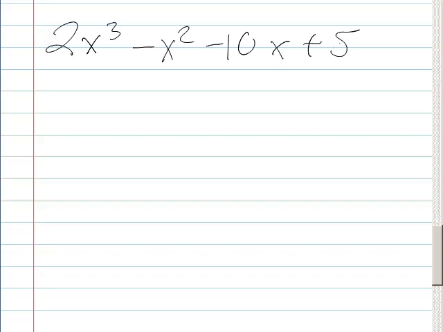If we had something like, say we had about 2x cubed minus x squared minus 10x plus 5. Now here's the deal with grouping. You can't just go pa-choo, pa-choo, pa-choo, pa-choo. Remember, don't do that. The only thing that you can do is you can group things around a plus sign. So make sure you only group things